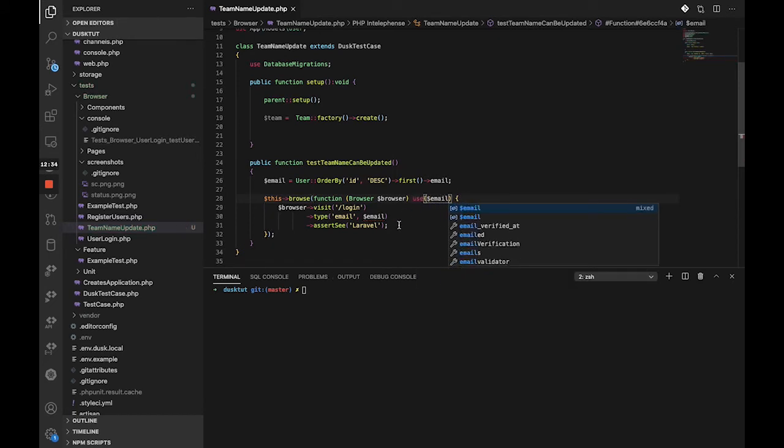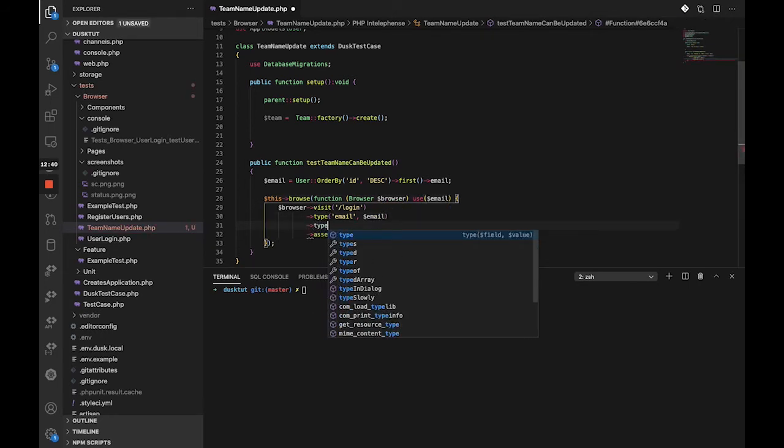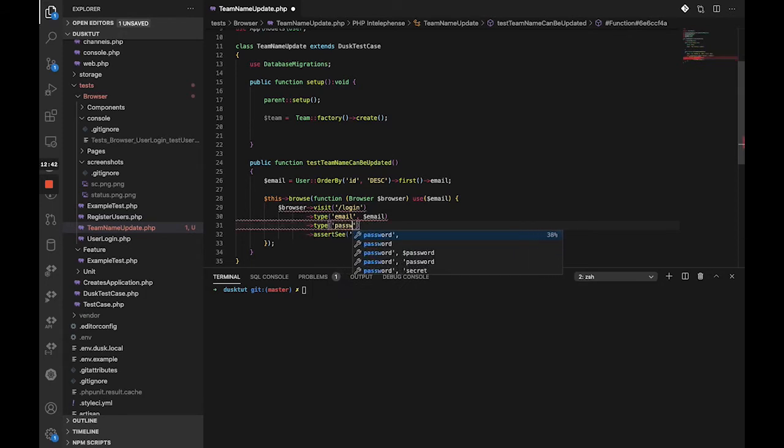Okay. And then we're going to say password. In the password field, we're going to type password. All right. And then we press, let's just keep going here,